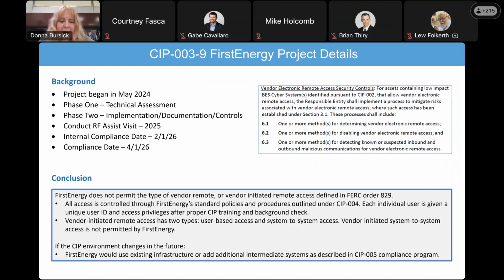Okay, so we embarked on our CIP 3-9 project in May of 2024, realizing that the compliance date is April 1 of 26. Typically, what we do at FirstEnergy is we back that up by 2 months, which is February 1st of 26. And we always build in for some of the new standards